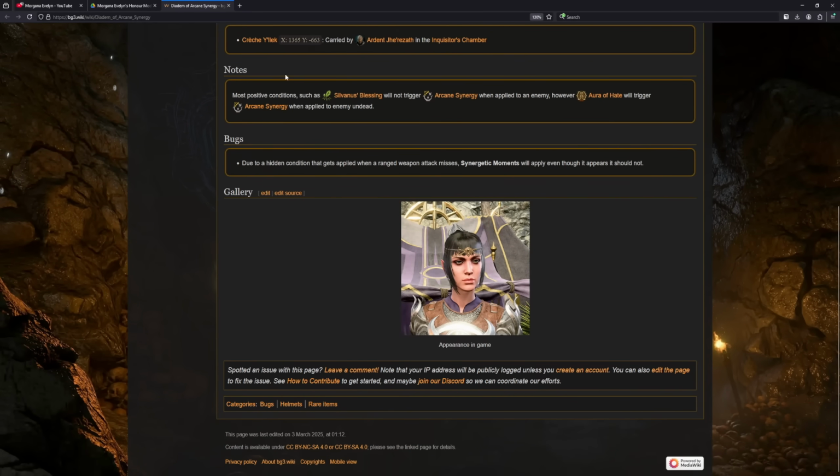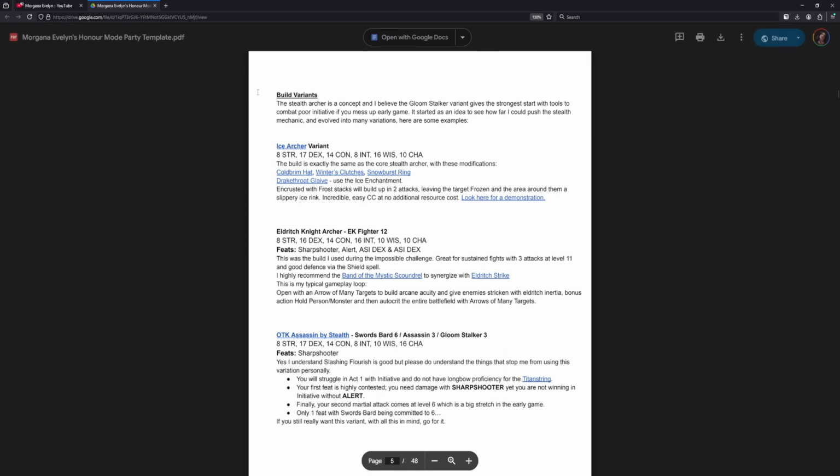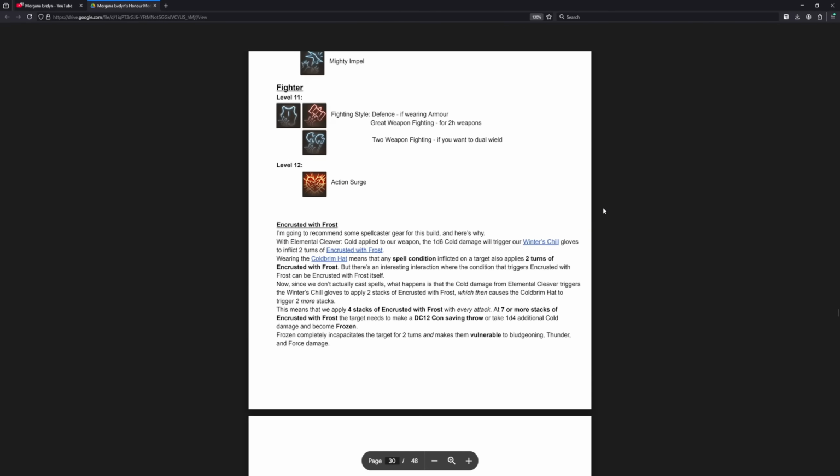The goal was to create a portable pocket guide that works on any device. Then we go on to build variants. If I have any relevant short form content for these build variants, it's linked here. If I use any specific tech or interactions as a core feature of the build, like darkness or encrusted with